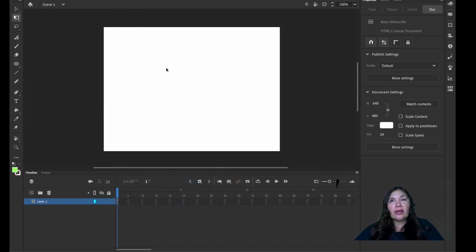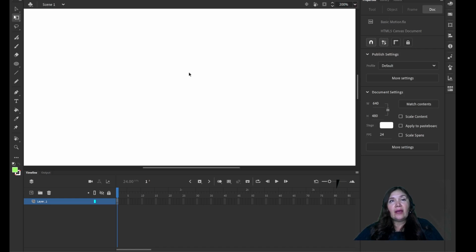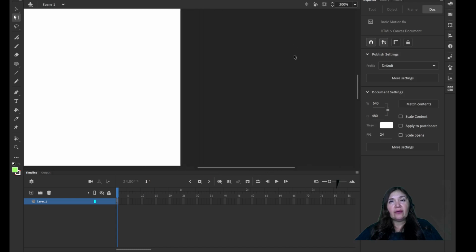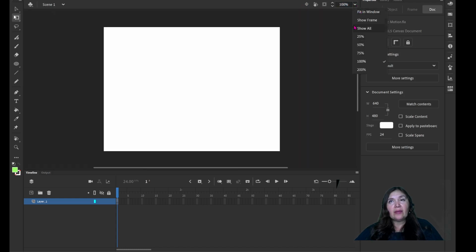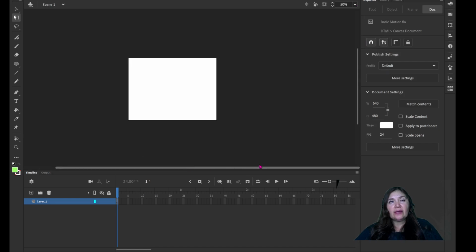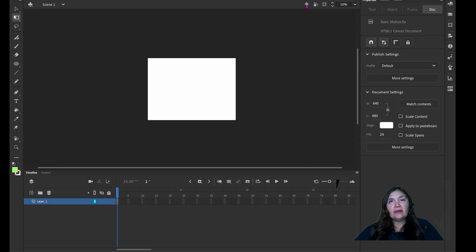All right, our stage is blank, and one of the things you can do on the stage is, let's say that you zoom in and you want to center the stage again. Well, that's what this center stage tool is. It gets you back to the center. Say, for example, if I moved here, it will get it back to the center. And maybe I had 50% and I had kind of moved off to the left,